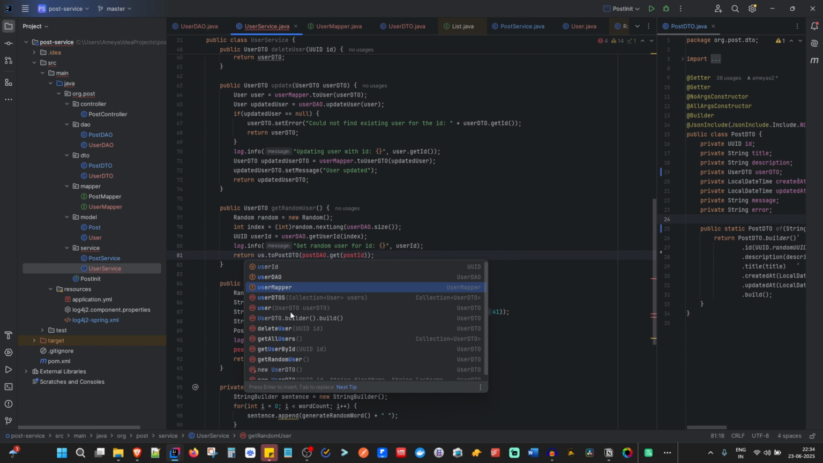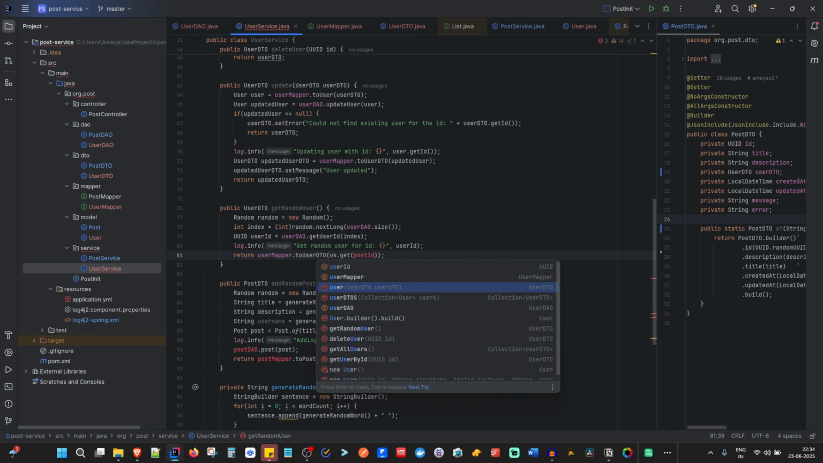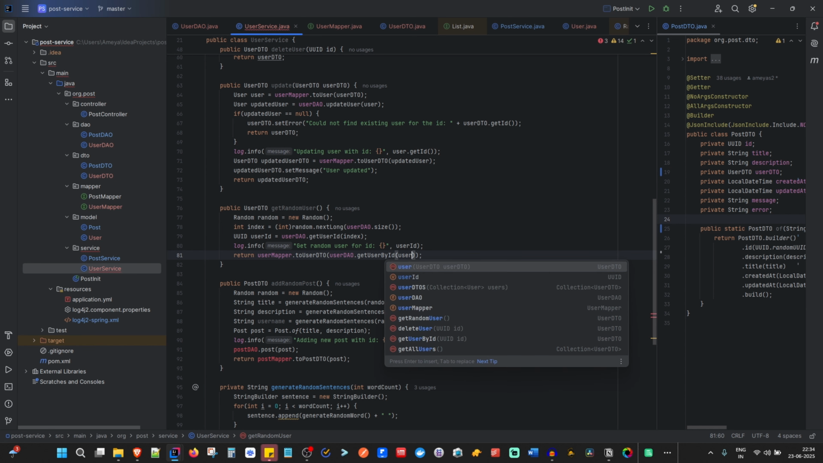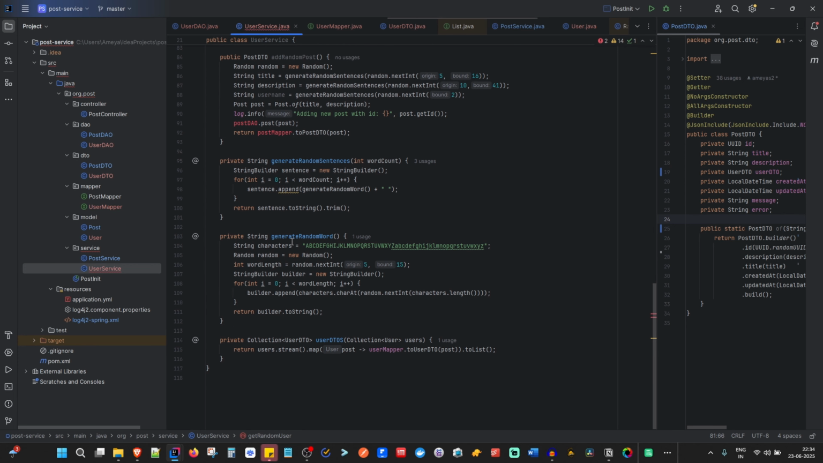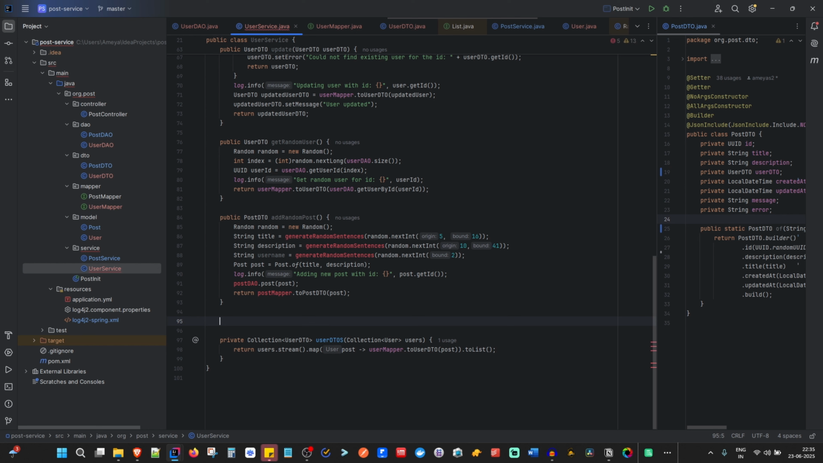User to user DTO, user DAO dot get user by ID. That'll be user ID. And this is done, get random user, but we need to still generate. So this is of no use to me. In case of a user creation,